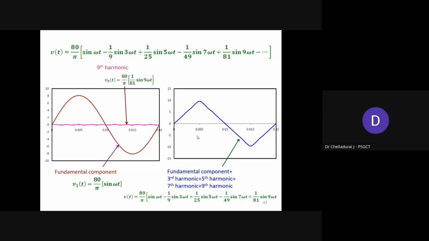So if such kinds of control are not used in a power converter topology, then even order harmonics will also be present. Then it is very difficult to eliminate all such harmonics, or we have to use a very huge size inductor and capacitor to eliminate all such harmonic components. So to understand this concept, take the second